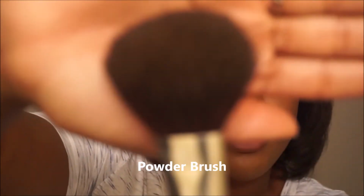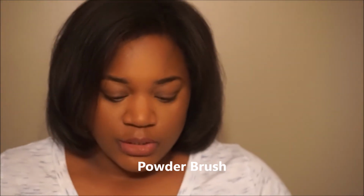For the face is a foundation brush. Now you can go a couple of different ways for foundation. If you like to use powder, when I first got into makeup, I loved Bare Minerals. All you need is a fluffy powder brush. If you like to use liquids or creams, then what I used to use is a foundation brush. I love this brush. It just feels so good on your skin. So you can kind of paint it on with this. But when you're using a brush like this, depending on what kind of foundation you're using, you might still have to buff it out with your fluffy brush, or